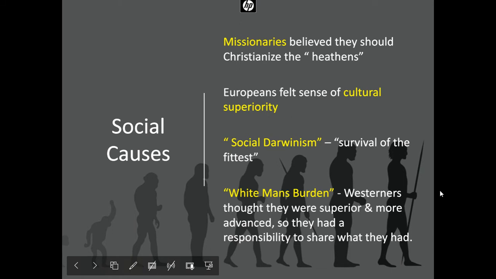Now, a third cause, we're just going to lump in and call social causes. There's going to be some prevailing ideology at the time that in the modern world we would label wildly racist. So I'm going to talk about it here, and don't misunderstand me and think that I am advocating for these ideas. I'm just sharing the way that people thought at the time.